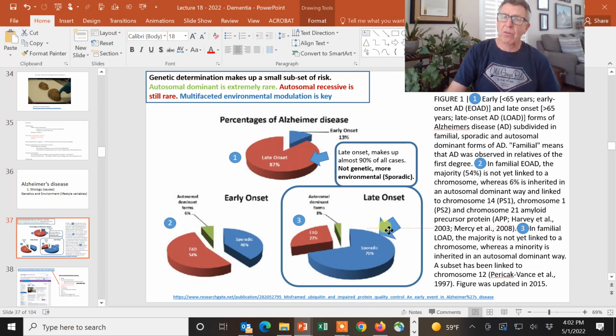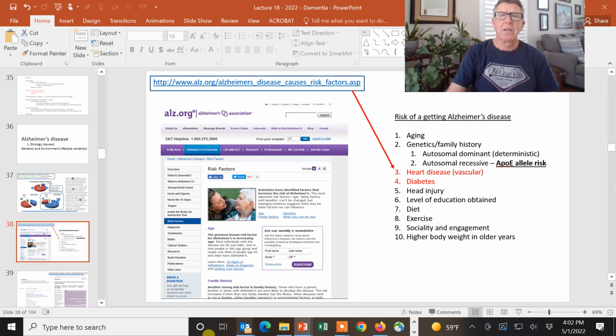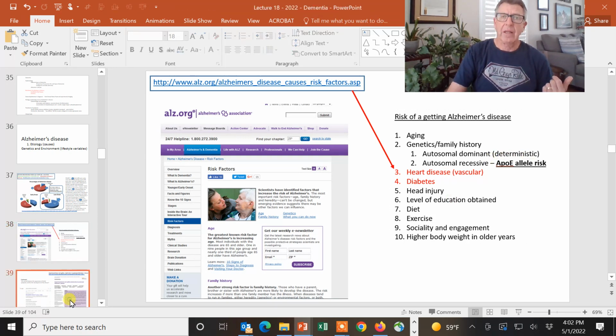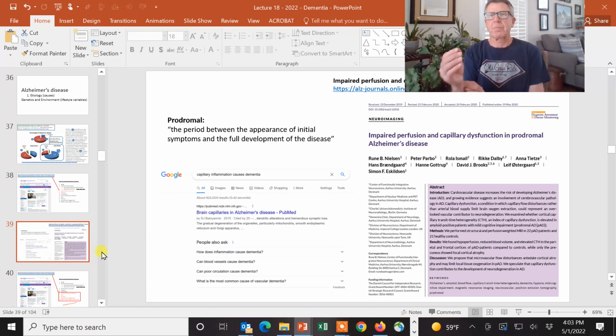It's your cholesterol-carrying proteins. We all have ApoE. I could have it and still not get dementia, but it increases the risk. And then these are the autosomal dominant forms that give us lots of amyloid beta and lots of tau. Okay, awesome. What else do we have? So we have genetics, family history. Do you have heart disease? Do you have diabetes? These are now risk factors. I talked about the ApoE allele just a second ago, and then we have diabetes, and we have